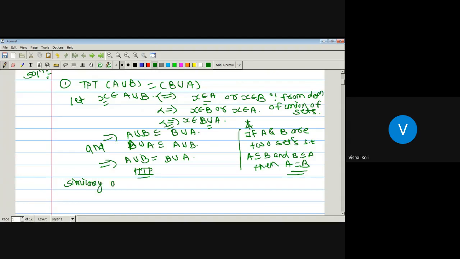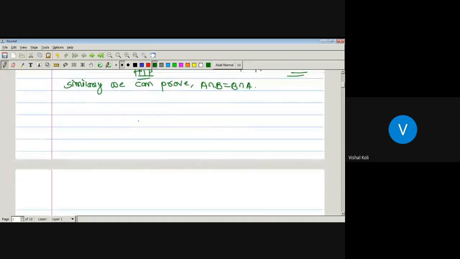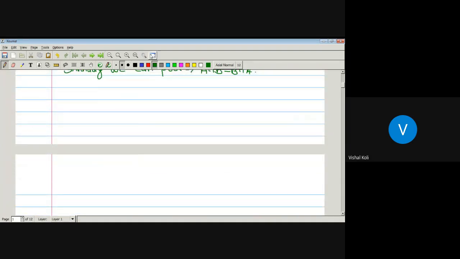Similarly we can prove A intersection B is equal to B intersection A. Okay, so in the same way we can prove this one. Now, this property is called the commutative property. Now the second one is nothing but